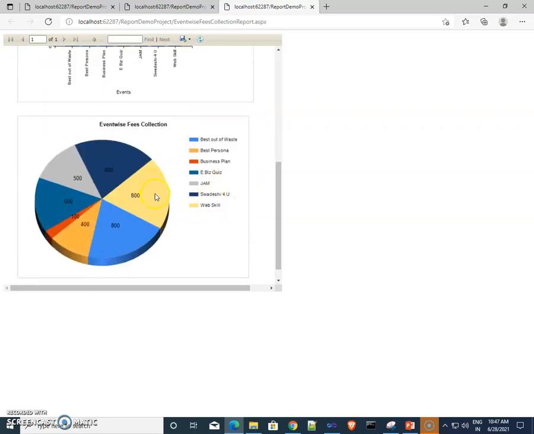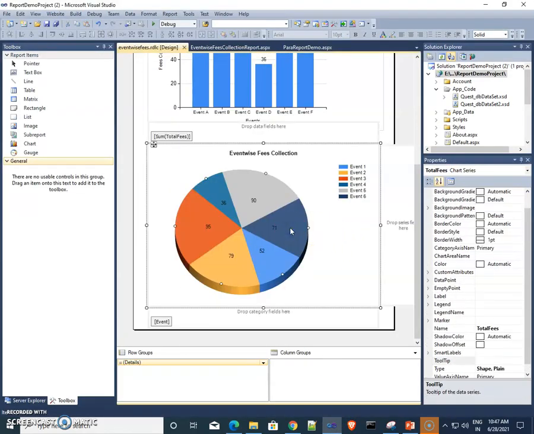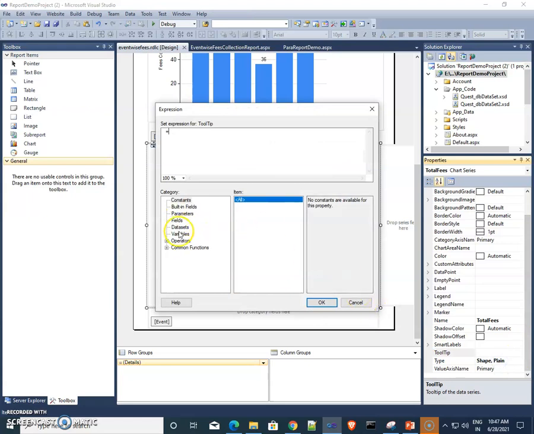Then we can also set the tooltip for this pie. When the mouse pointer goes here, we see the event name. We remove the first; if you set it as it is, then the first event will be displayed for all the mouse over effects.